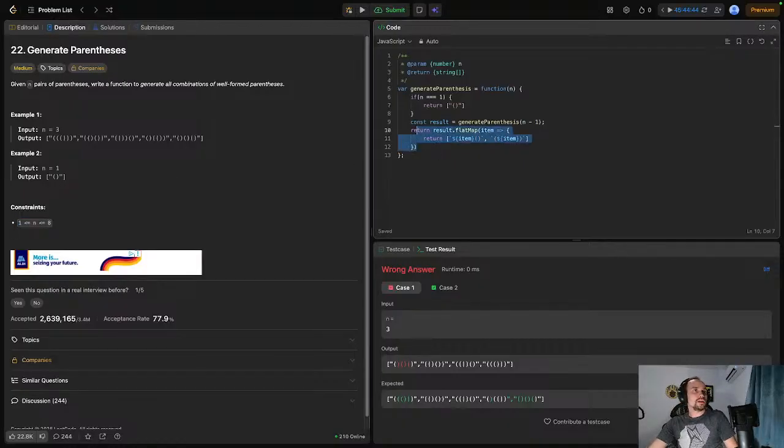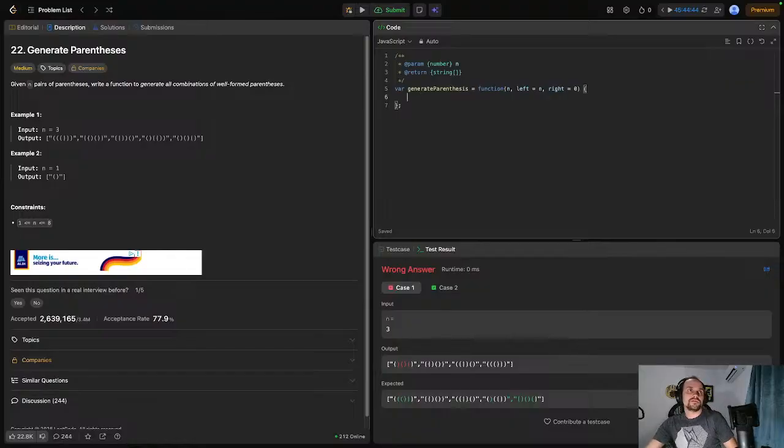So my new idea is something where left equals n and right equals 0. And to me, n doesn't even matter. I'll say like if left, then we'll return